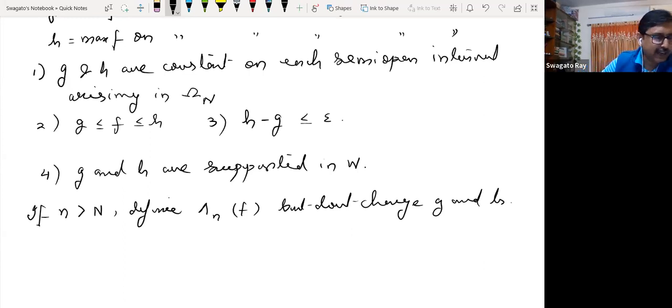So you just define lambda NF accordingly. So it follows then that if N is bigger than or equals to capital N, then the following thing happens. First of all, lambda NG